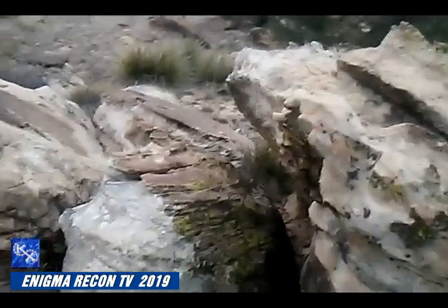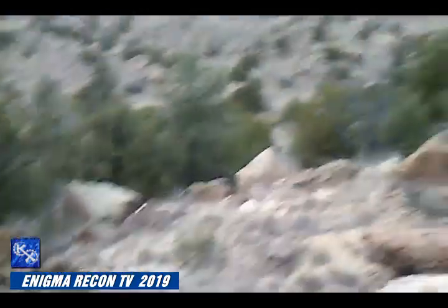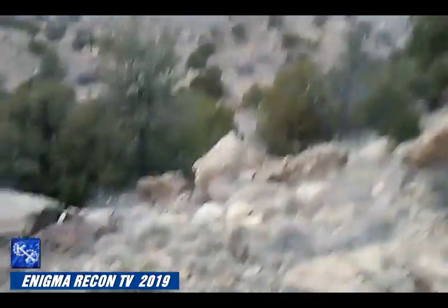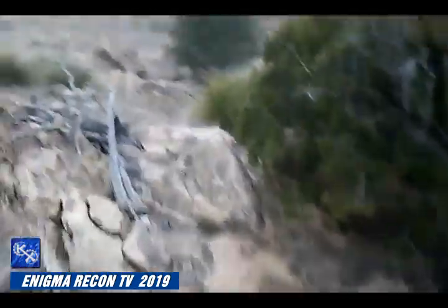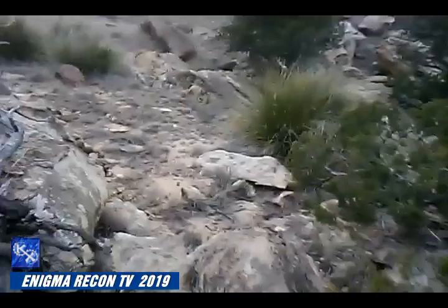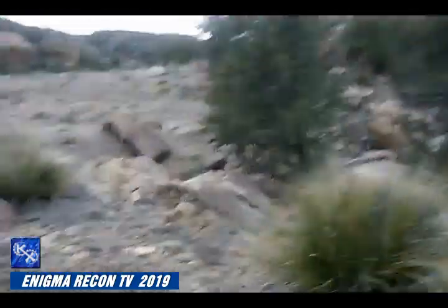This has obviously been put here to block our travel. So we're going to do the natural thing and follow down and around, which is still on our manicured trail, or manufactured. And these will always be pretty nice to walk on. They're never